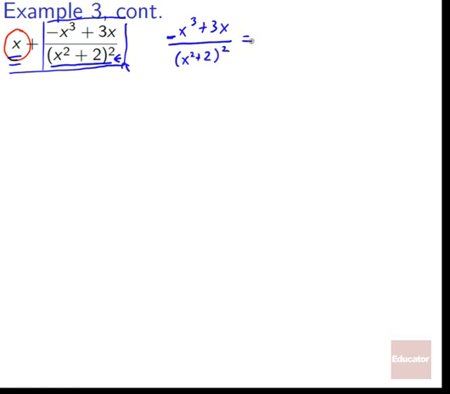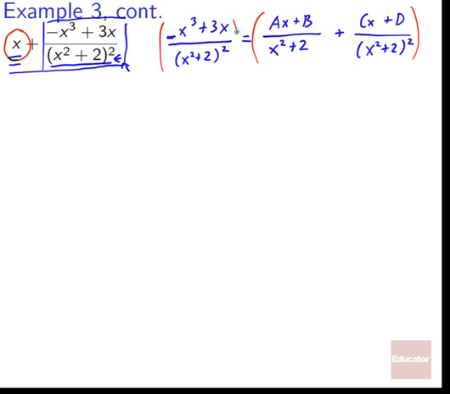So that's going to be equal to ax plus b, because it's an irreducible quadratic, divided by x squared plus 2, plus cx plus d over x squared plus 2 squared. So at this point, we multiply both sides by x squared plus 2 squared. So that cancels out here, and we're left with negative x cubed plus 3x equals,